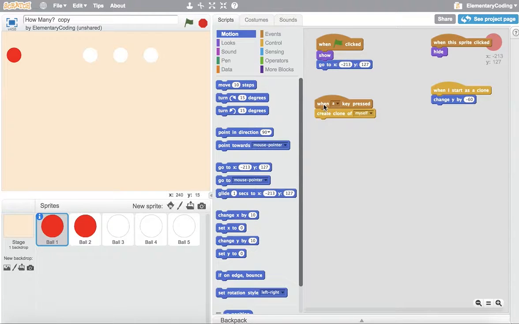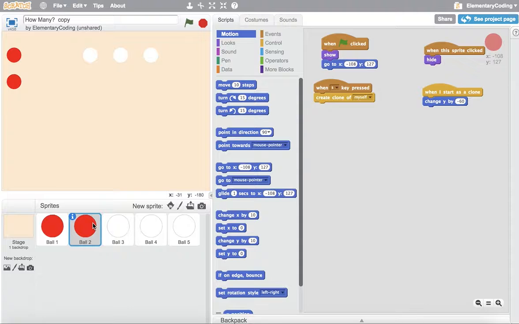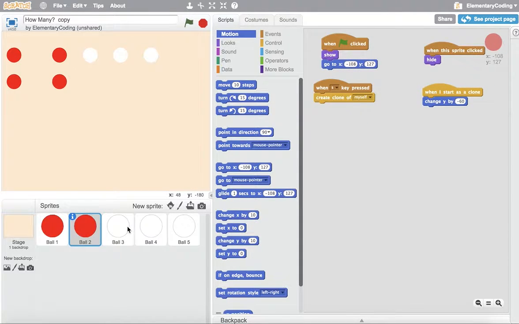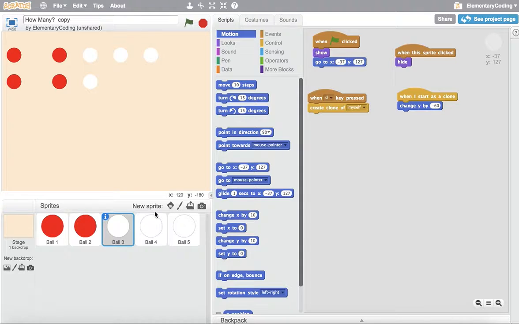And then when A key is pressed, I create a clone of myself. Well, I pressed the A key on this one. If I click on ball 2, I can see the code for ball 2. The S key. Now, it created a clone, but because it's hidden, both of them are invisible. So if we reset, and I press the A key for the first ball, the S key, D,